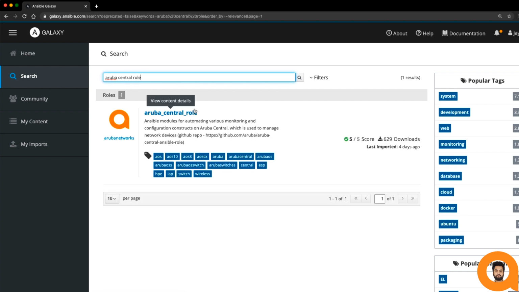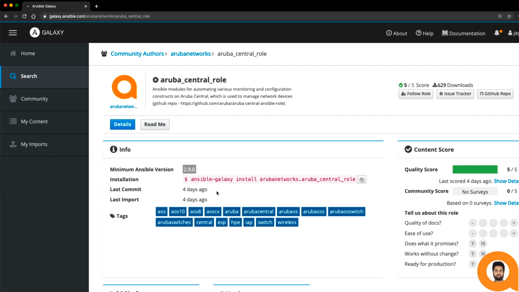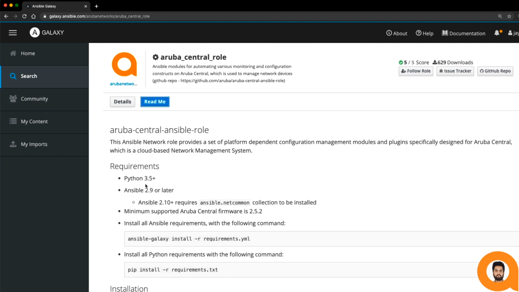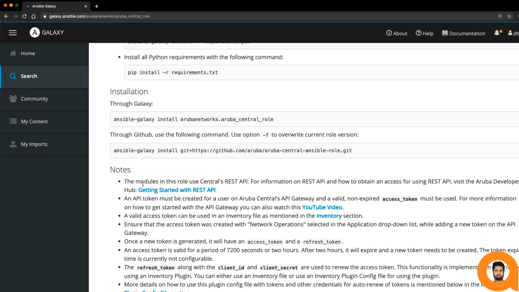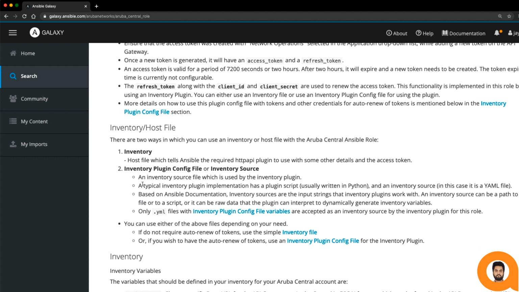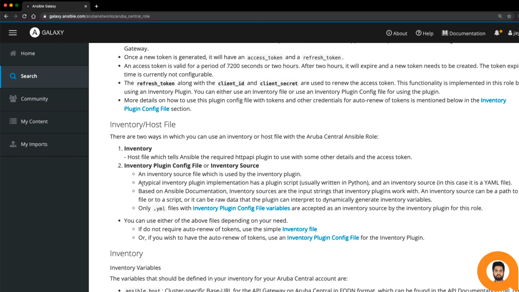Here we have the role and you can see it displays the installation command as well as a README tab. This README tab further contains information on the requirements, installation steps, notes, and inventory file, which tells Ansible where and how to connect to the target, which in this case would be Aruba Central.